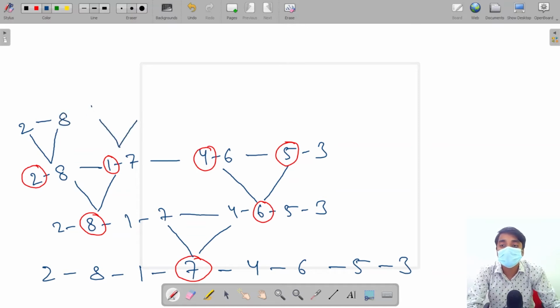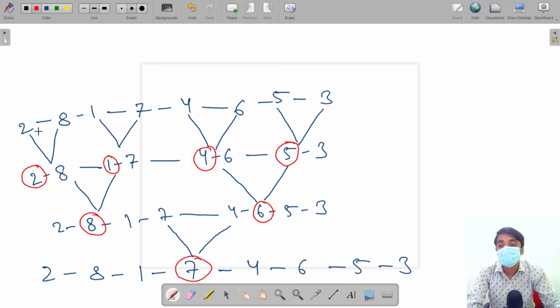For this, the first call will give 1. For the second call here will be 7. Here for the first call 4, for the second call 6. For the first call 5. For the second call 3. These are still connected.